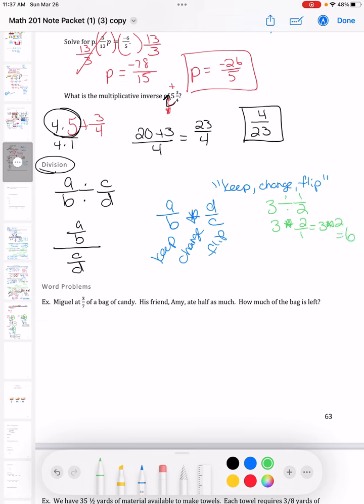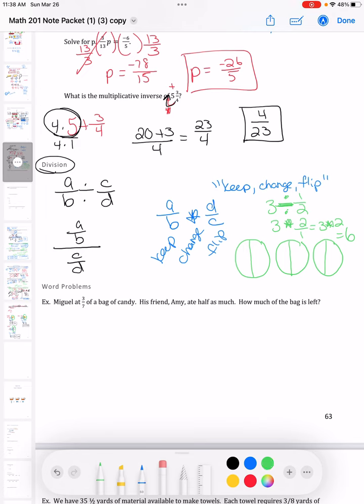And that's a little hard to wrap our head around. 3 divided by 1/2 is 6. You don't really think about dividing and getting something bigger. But let me give you an example of this. If I think about having 3 pizzas, and I divide each one of these pizzas in half, I'm left with 6 halves. So another way to think about that is how many halves are there in 3? Each one of them has 2 halves, right? So 2, 4, 6. So there are 6 halves.